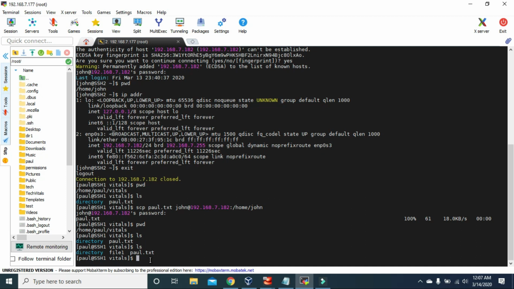So let's copy this directory from this SSH1 to that SSH2. To do that, we use the same command scp, and we just have to add the -r attribute and then the name of the directory, that is directory, and the user@IP address of the machine that we want to copy the directory to,